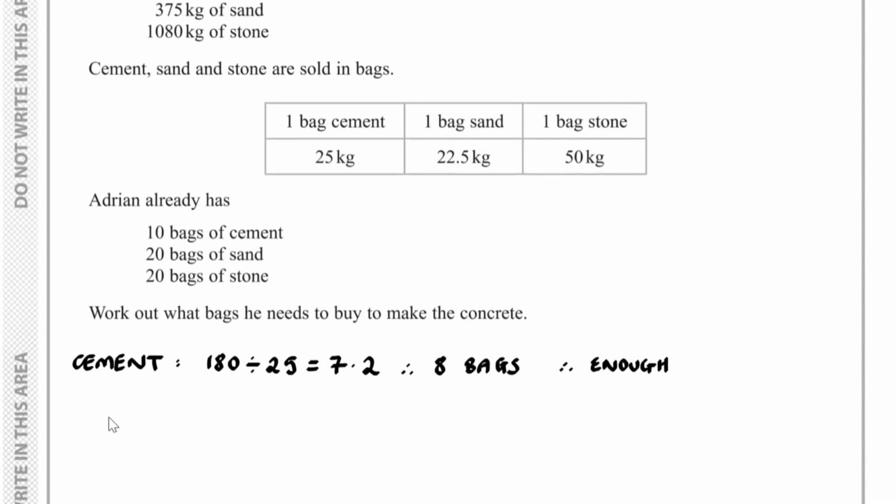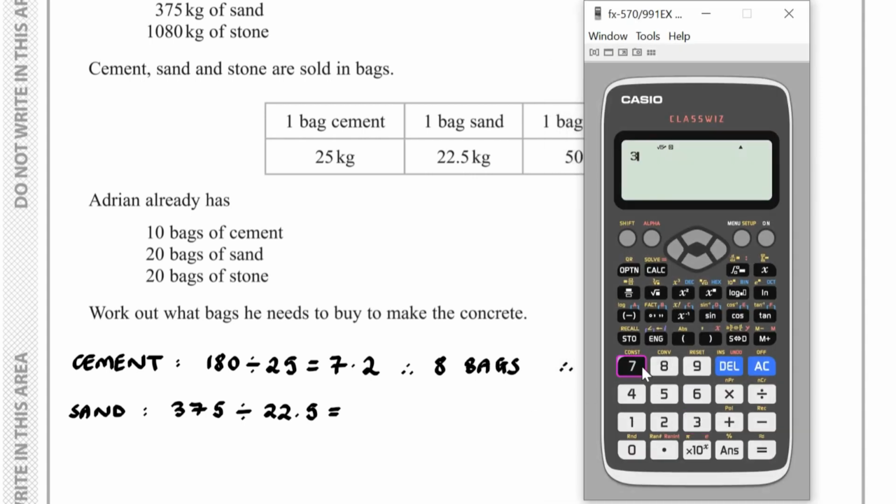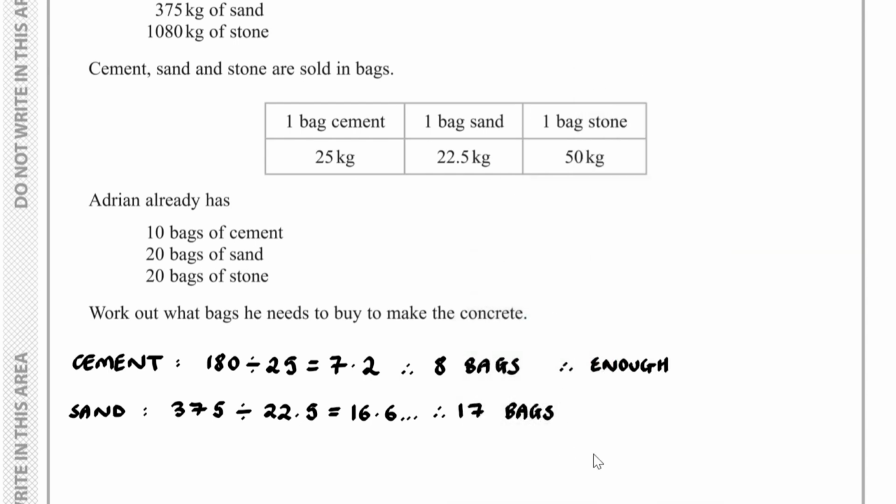cement bags. And if we take a look at sand, well, we've got 375 kilograms of sand, and if I divide this by 22.5, I can find out the number of bags of sand we need. It turns out that's 16.6, etc. So therefore that will be 17 bags. Now, he's got 20 bags of sand available, and therefore he has enough